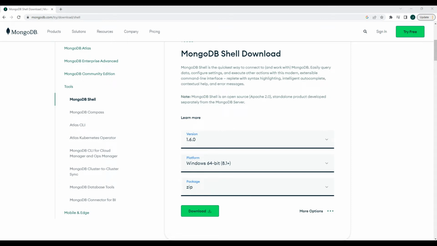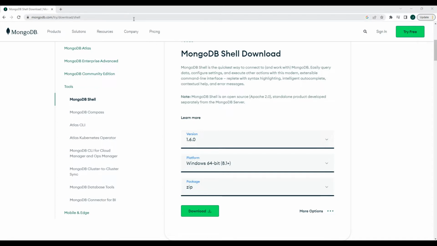And in this video, we're going to be using the MongoDB shell to start learning how to use MongoDB commands and insert data into our database, see the data in our database, and manipulate it, and so forth and so on. So the first thing you have to do is have it installed, and to do that, all